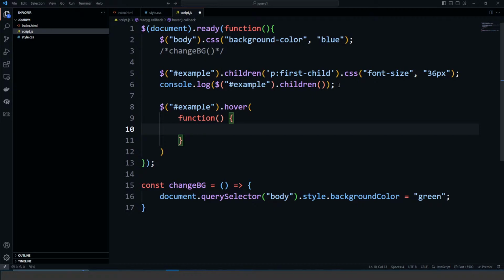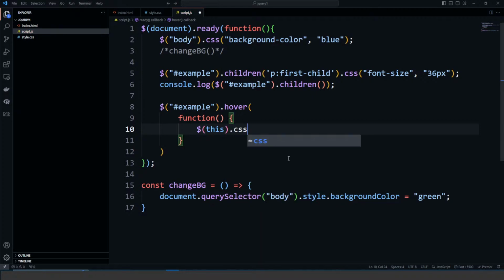And so since I'm already inside of the example element, and I want to change something of that example element, I can use the keyword here, this. When I use the this keyword here, that's going to refer back to the element that we are inside. Makes that a lot easier. This. So this